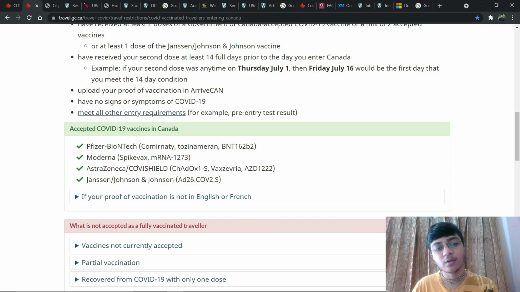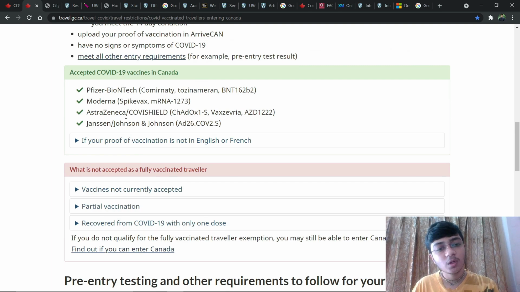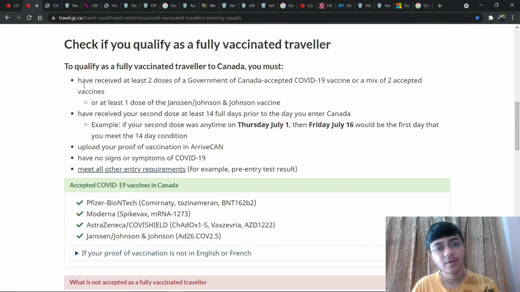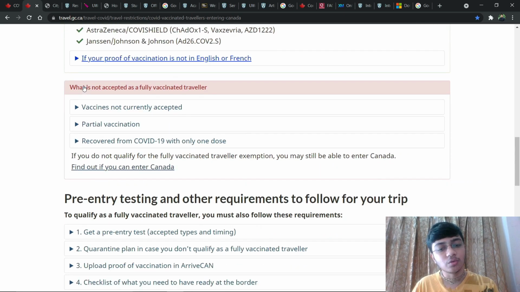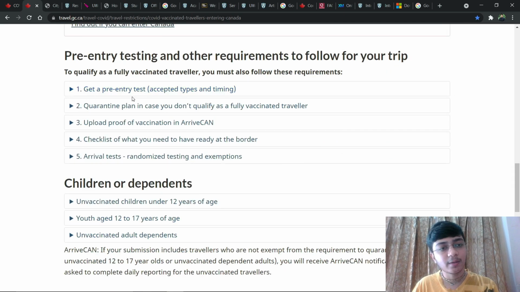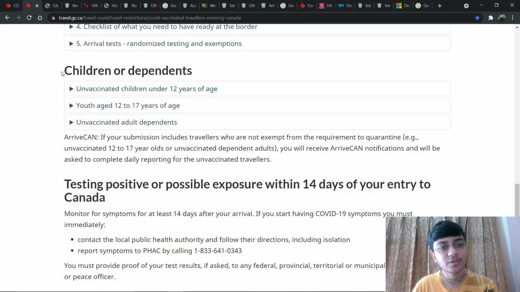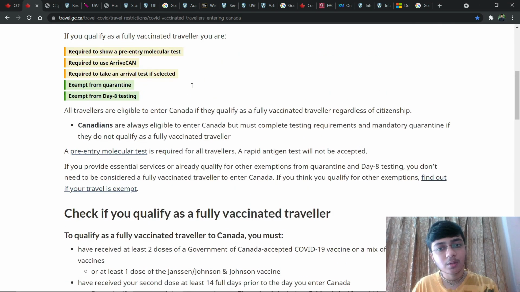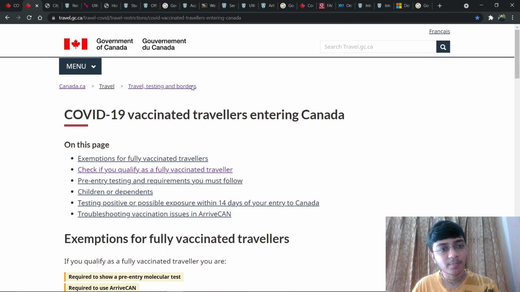If you have taken doses of these vaccines, then you are eligible to enter Canada, meaning it satisfies the travel requirements set by IRCC. So do check out this whole website; pre-entry testing and requirements are also listed here, as well as children or dependents. If you have any doubt regarding this, please do comment in the comment section below.